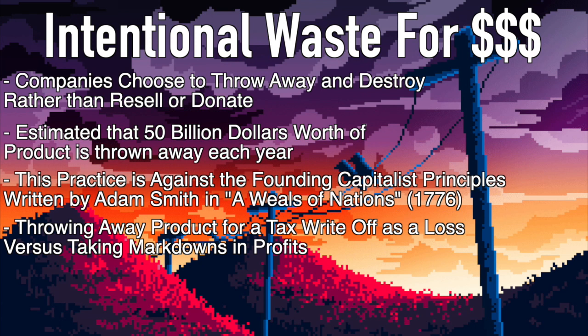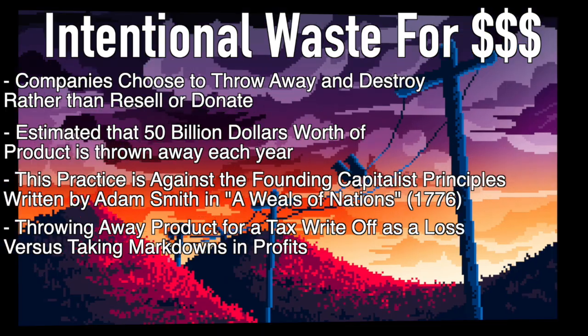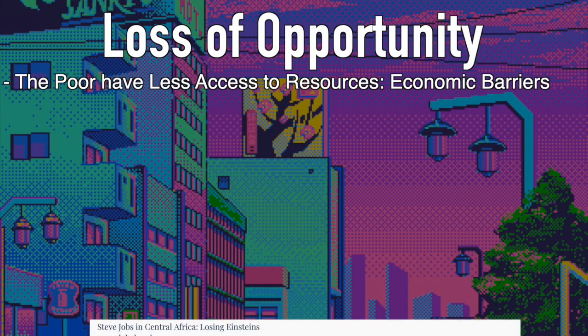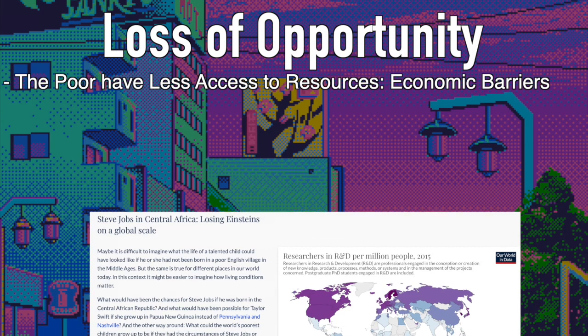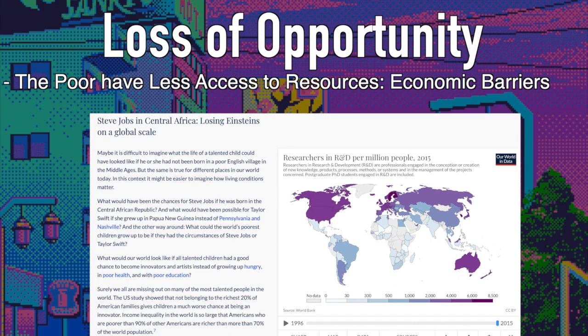These wasteful practices shock the conscience not only because of the lack we see in people around us, but also because these practices are depleting valuable resources from the earth and are turned into unusable landfill waste. Another problem that is directly related to capitalism is the creation of economic barriers which result in